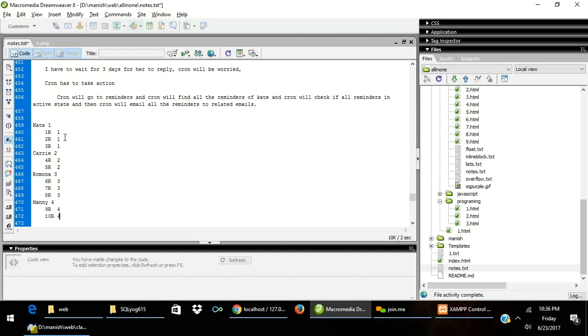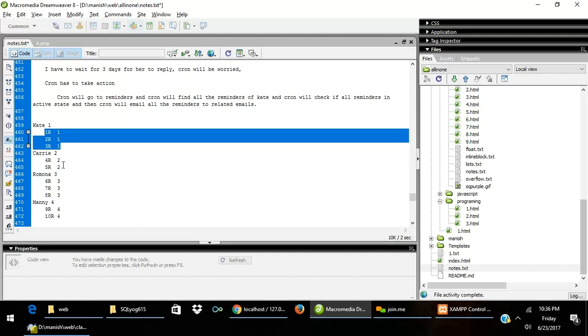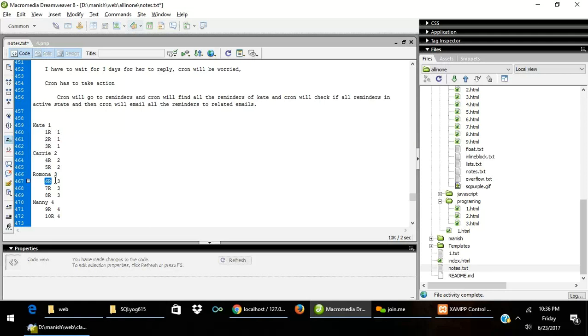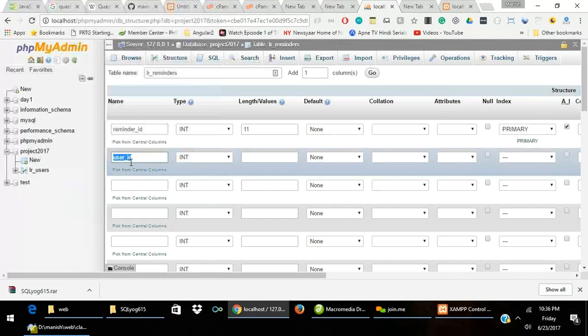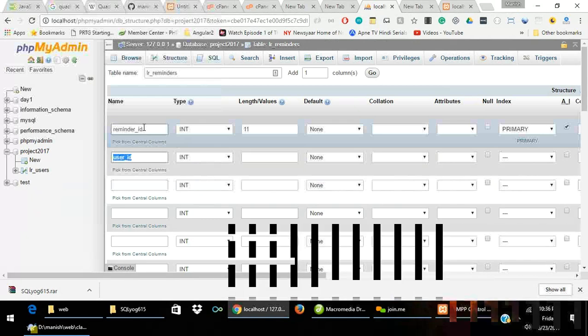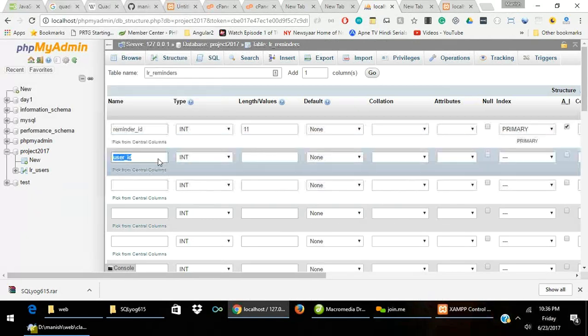So when I want to see all the reminders of Kate, I will see who are the users, which are the reminders with user ID 1. So I will get this field. If I want to get all the reminders of Ramona, I will say which are the reminders with user ID 3. So I will get all the reminders of Ramona. So we need the user ID also, so that I should know this reminder is created by whom. So I will put user ID,